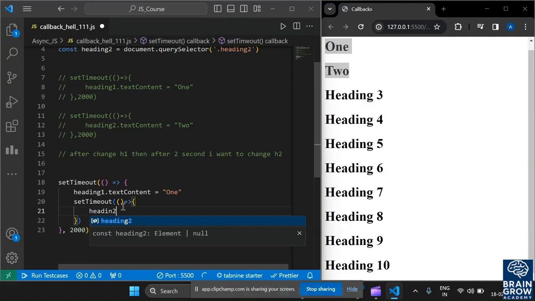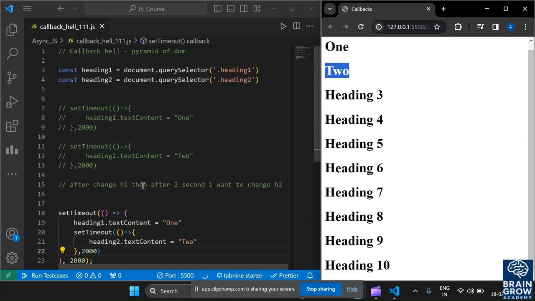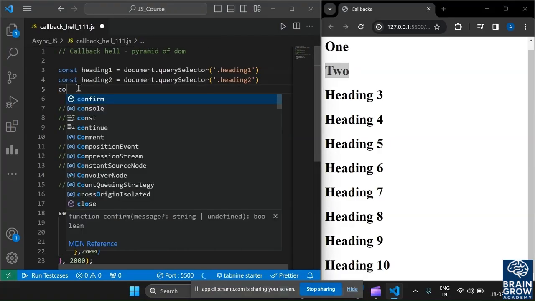Here heading2.textContent is equal to 2, and also give 2 seconds. Now you can see the changes. After 2 seconds it will change to 1, and after 2 seconds it will change the h2 text content. So here is how we can achieve it, and let us also add